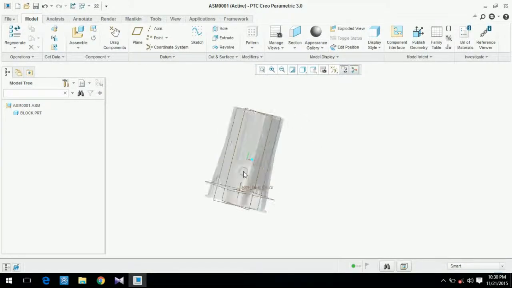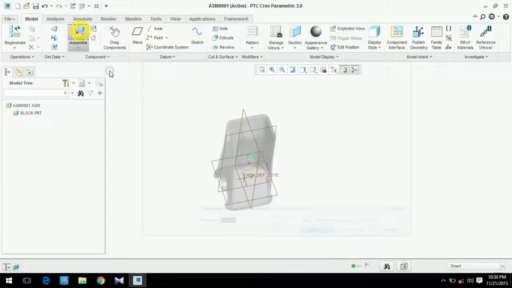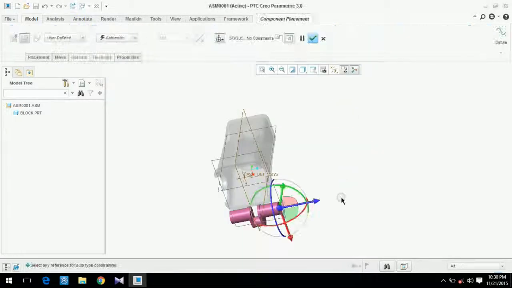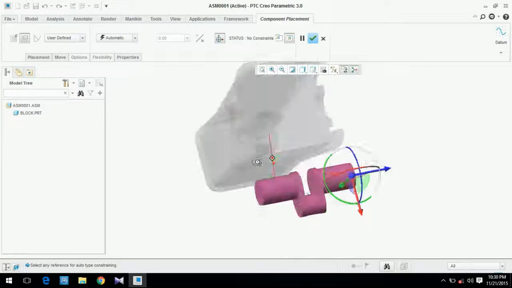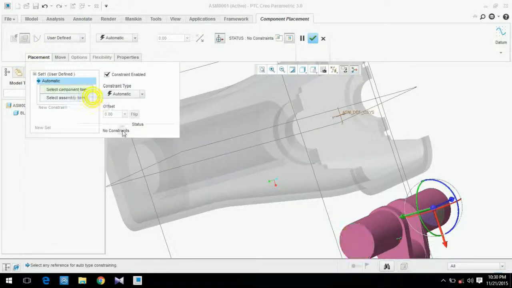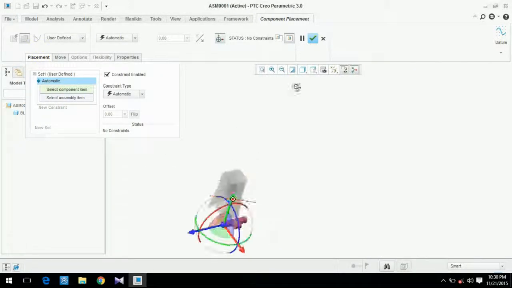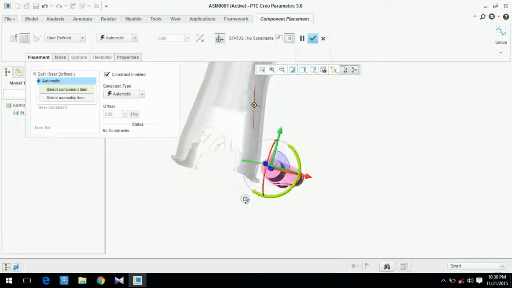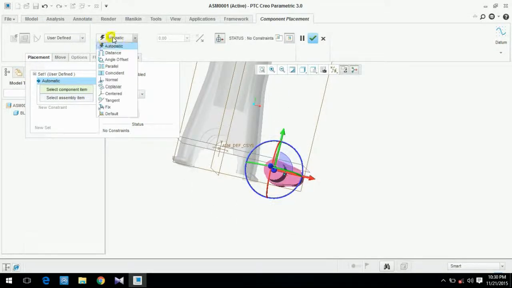Now integrate the second part, the crankshaft. Now I will show you how to assemble this. First option here, placement. Here you can select the relation between the two objects you are going to select, either surfaces, planes, or edges, anything, and you will put the relation between those.